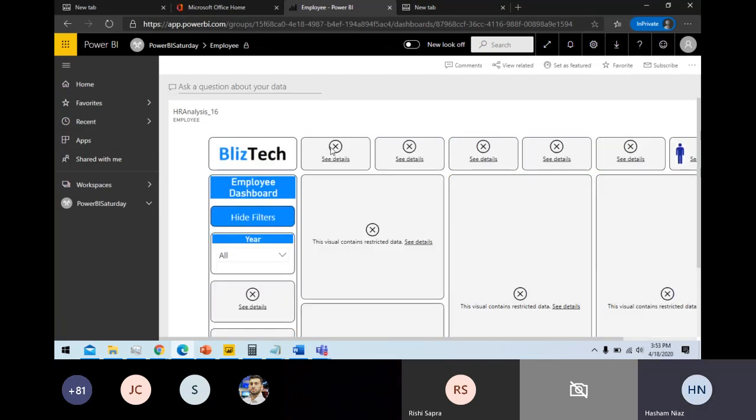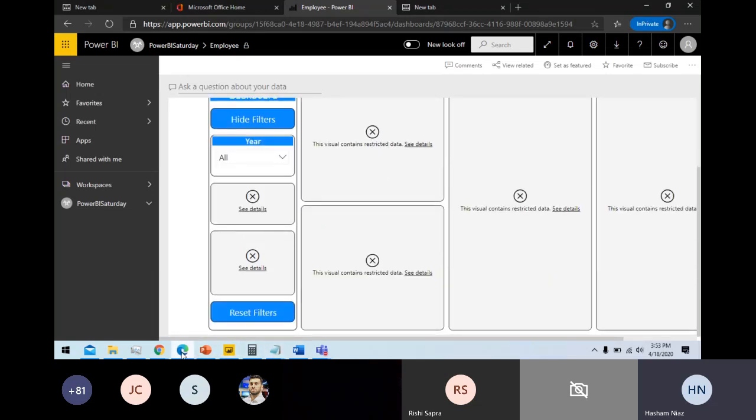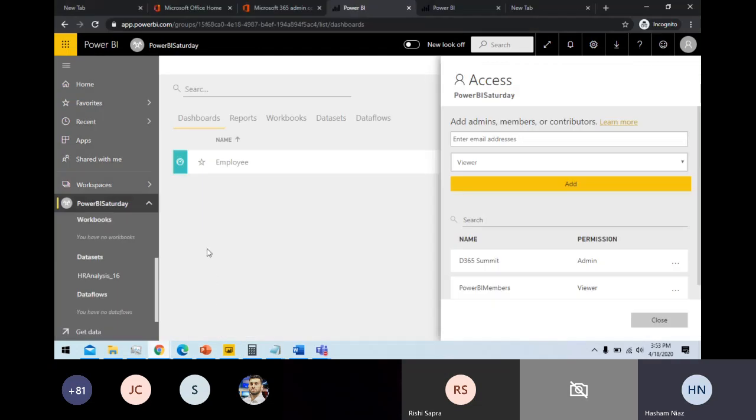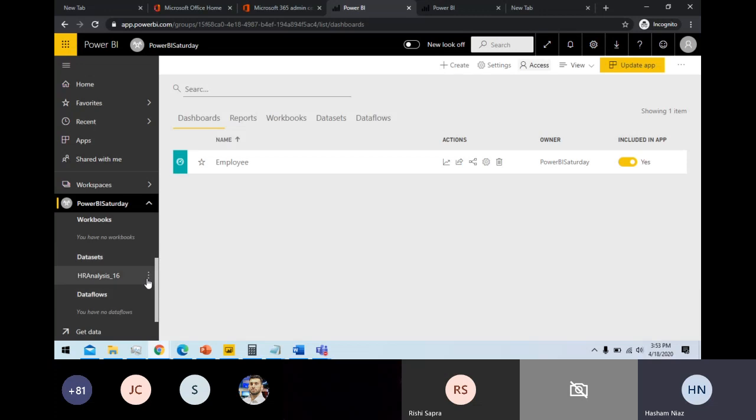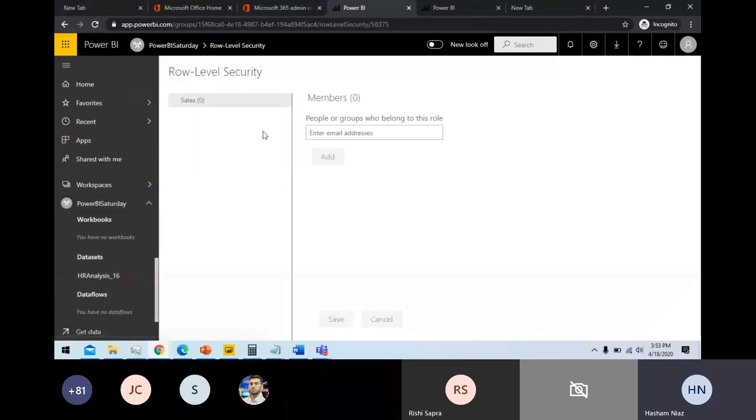Why is all this appearing as a cross? Because I don't have permission to view. So to be able to see this, I go back to my dataset security settings. Since I have one role, I can assign users to this role. So I add these Power BI users and assign these permissions.